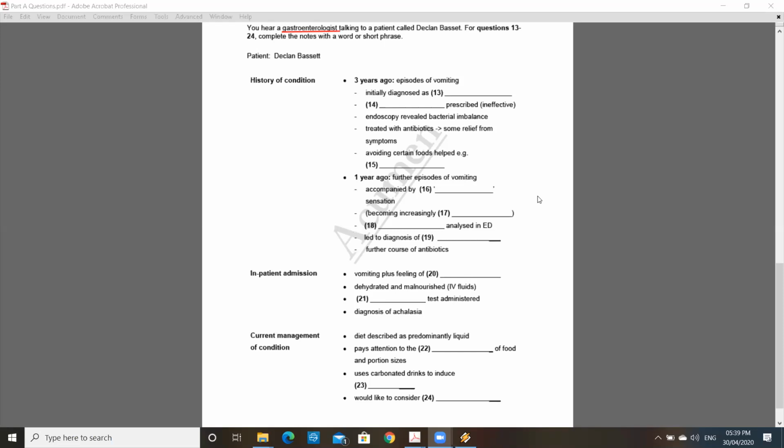So if you are aware whether you are looking for a noun or an adjective, that is very, very helpful, because of the error that we just discussed for the first one, tired and tiredness. Those kinds of errors can be eliminated, because with put it down to, I was looking for a reason. So tired cannot be a reason. I was looking for a noun there. So tiredness was the appropriate word there. So it's important that you know what kind of information you are looking for before the audio starts.